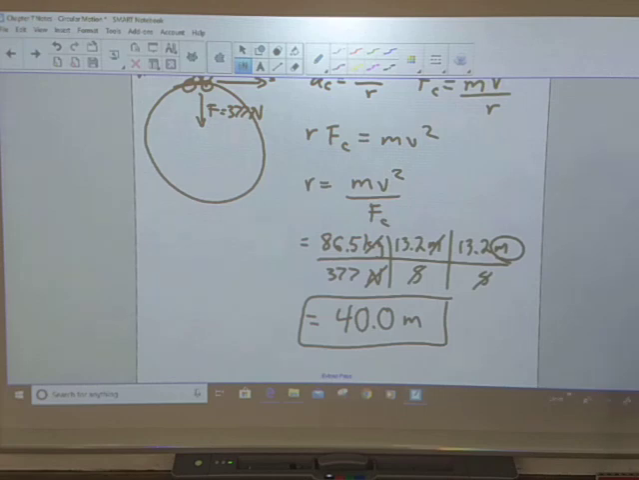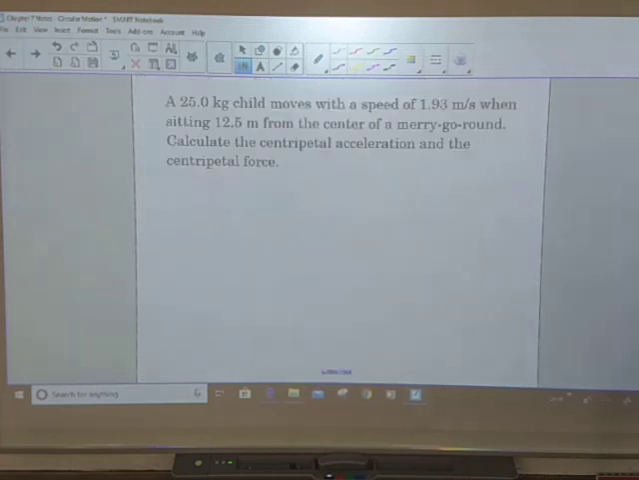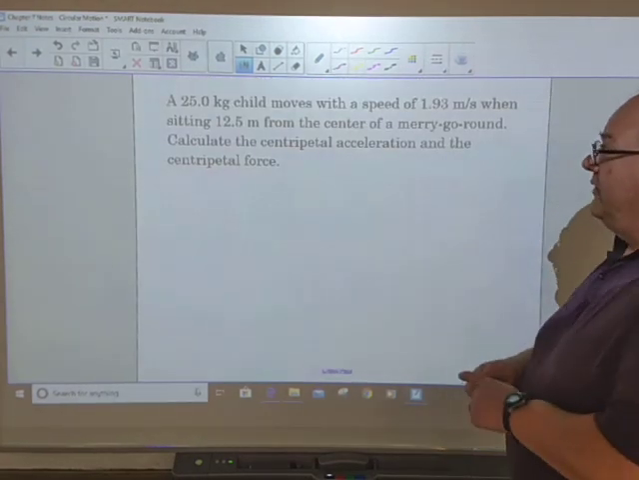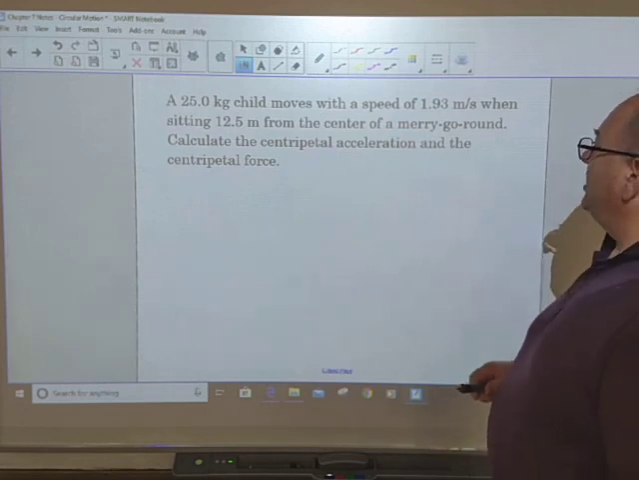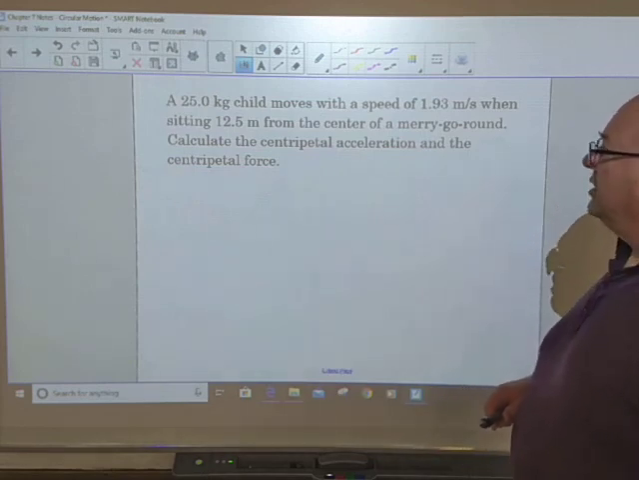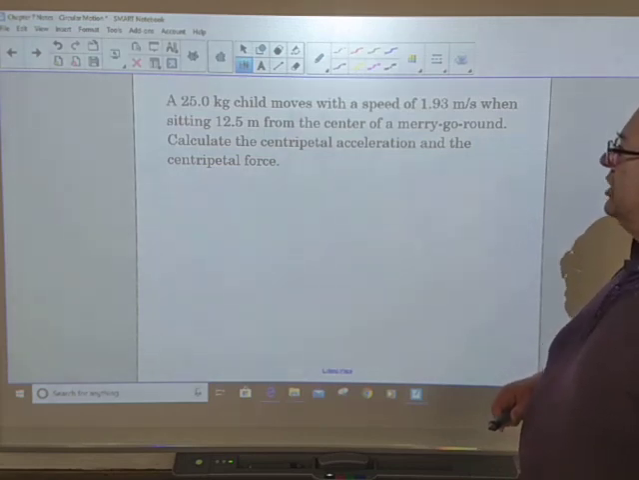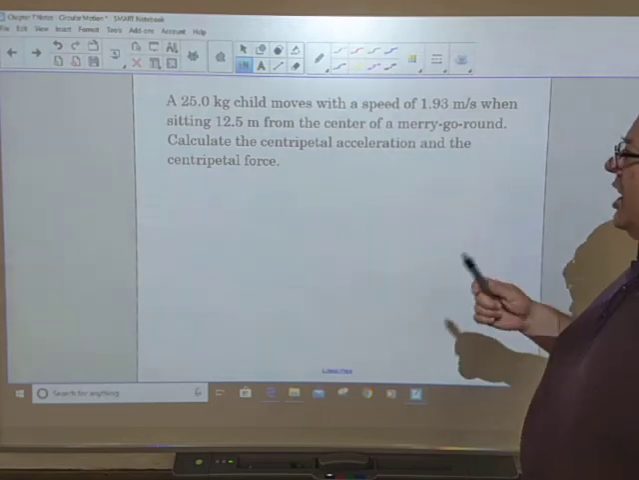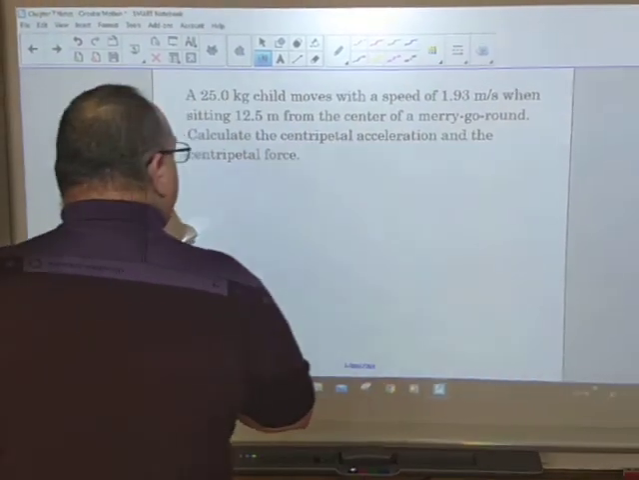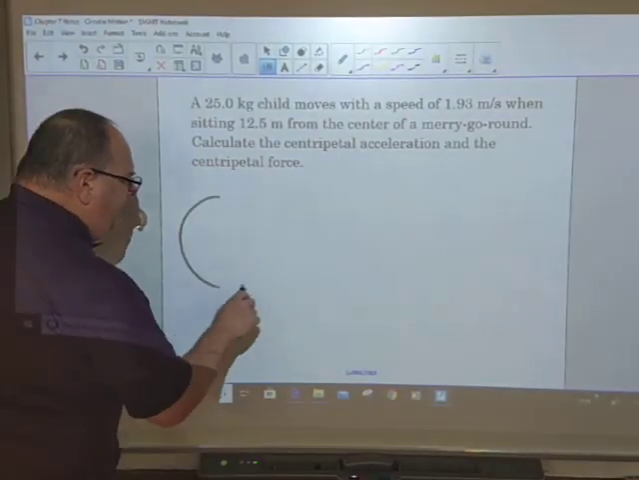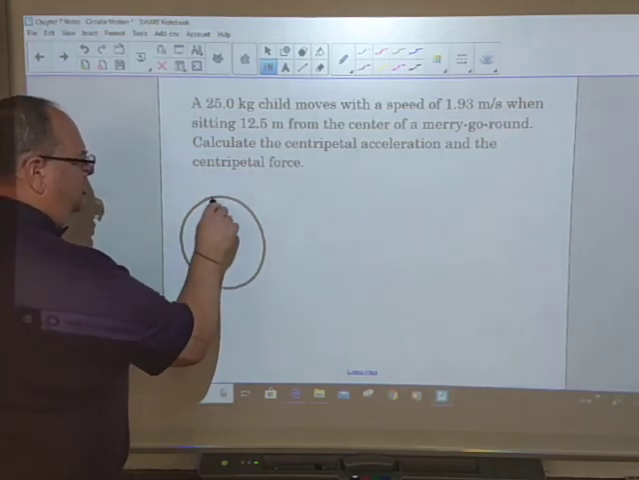Okay, let's look at one more. So we've got a 25.0 kilogram child who moves at the speed of 1.93 meters per second when sitting 12.5 meters from the center of a merry-go-round. Calculate the centripetal acceleration and the centripetal force. Okay, so I've got a merry-go-round. I'm going to give you a top view. So our child